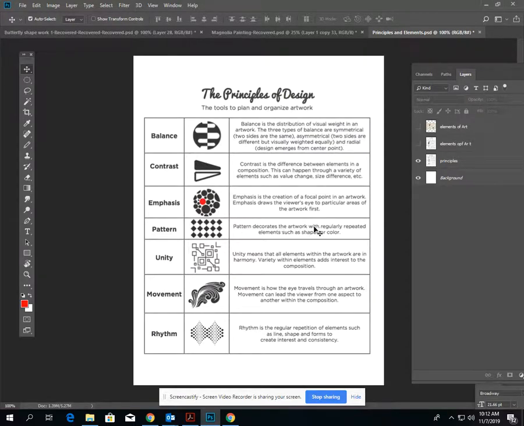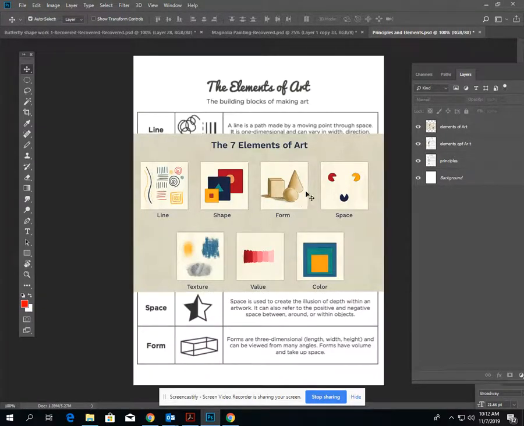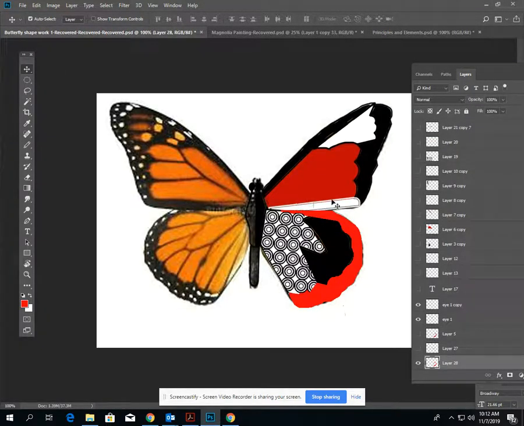Patterns decorate the art with regularly repeated elements such as shapes or colors. So we're going to be using shape. So we're using the line to create the rhythm and the pattern within the shape, and then therefore creating a form, which is your animal. Okay. So what I'd like you to do today is identify your shape, your different